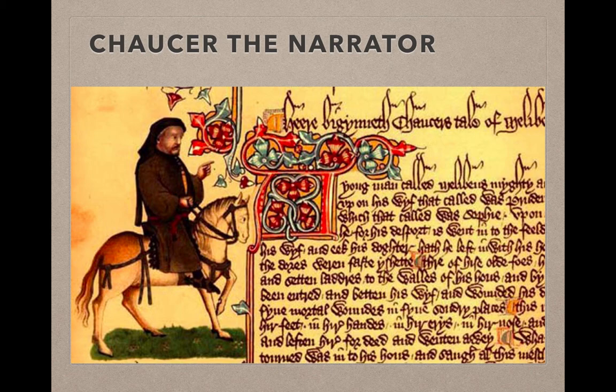Chaucer as narrator is always a little bit dopey. He's very optimistic. He's very admiring of people that he meets, even when it's pretty clear that they ought not be admired. He is very self-deprecating. He makes fun of his appearance. He makes fun of his weak understanding and intelligence. And I want you to pay attention to that in really everything we read, because, for example, in the Book of the Duchess, the narrator is just dense.